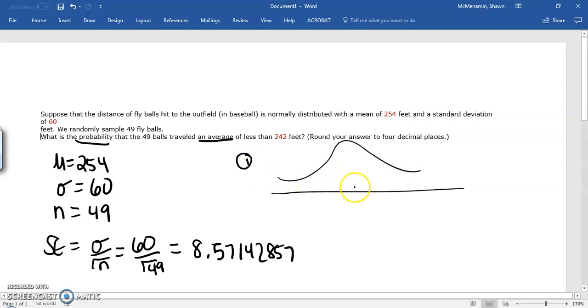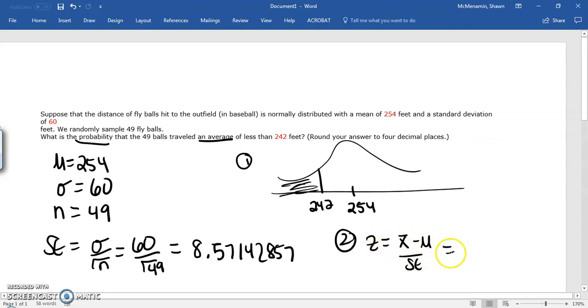So the first step, put the average in the middle, 254. 242 is here, and we want the probability that it traveled less than 242, so we're going to shade this way. The second step is we're going to find the z-score. Z equals x bar minus mean over standard error. Your x bar is 242, your mean is 254, and your standard error is